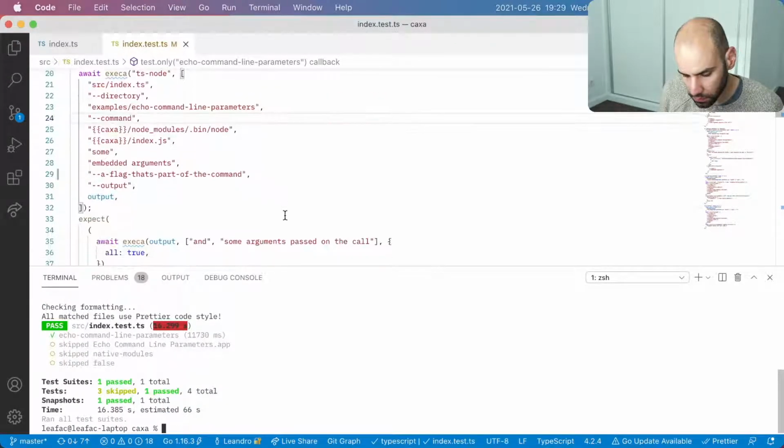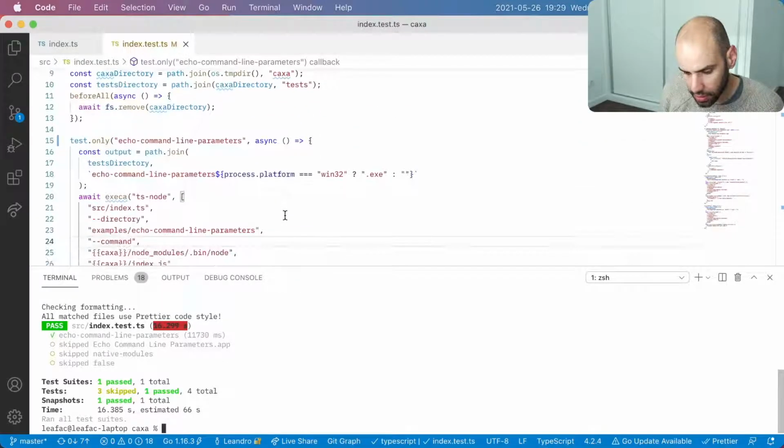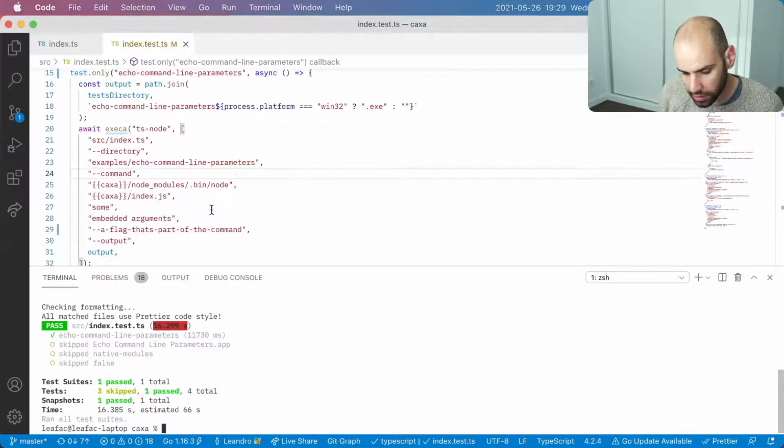And to test this out, I don't necessarily want to run my tests every time. Instead, I will call Kasha from the command line, which is easy to do.